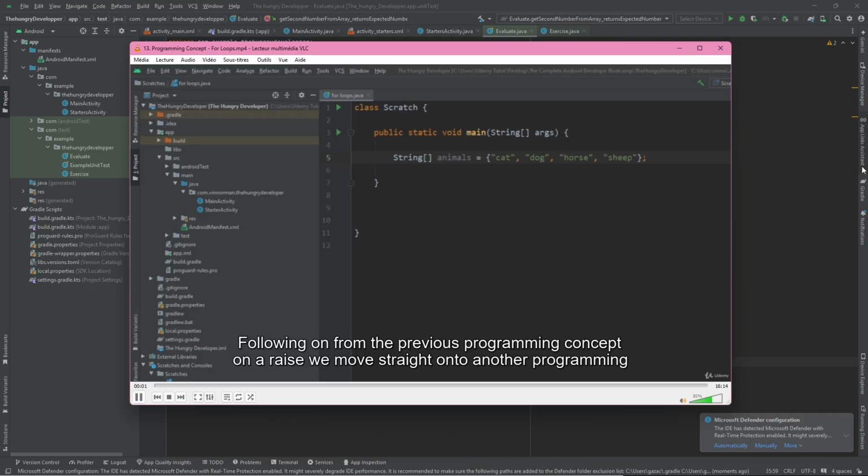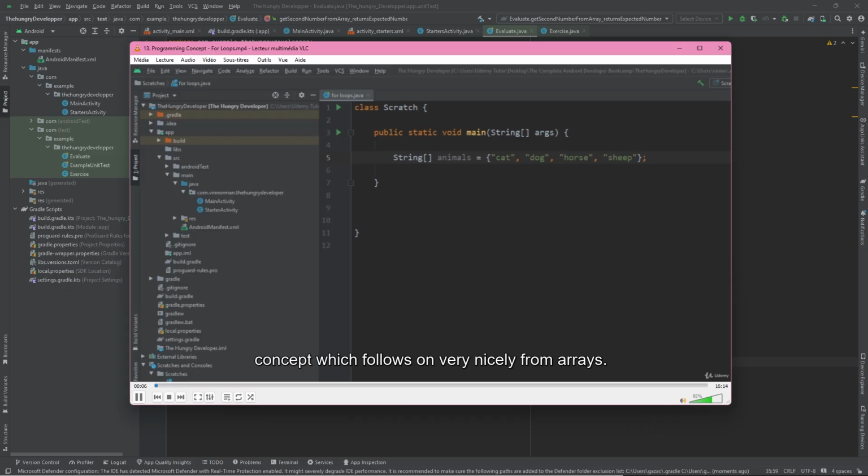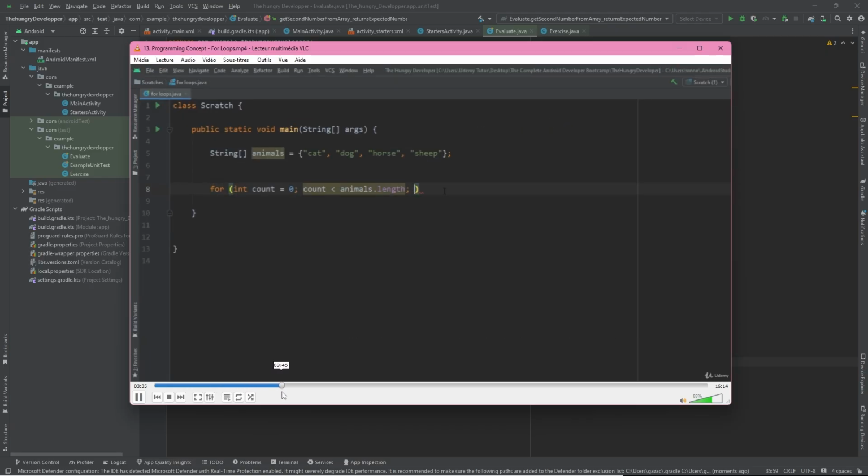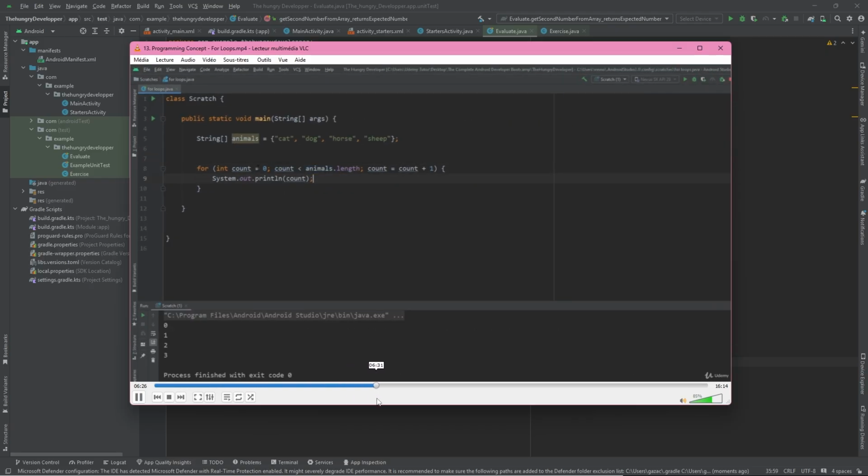Following on from the previous programming concept on arrays, the programming concept which follows on from arrays is loops, and in this case it is the for loop. So I've already made a new conditional jar. How can you make the times bounds? We should just go and we can use for